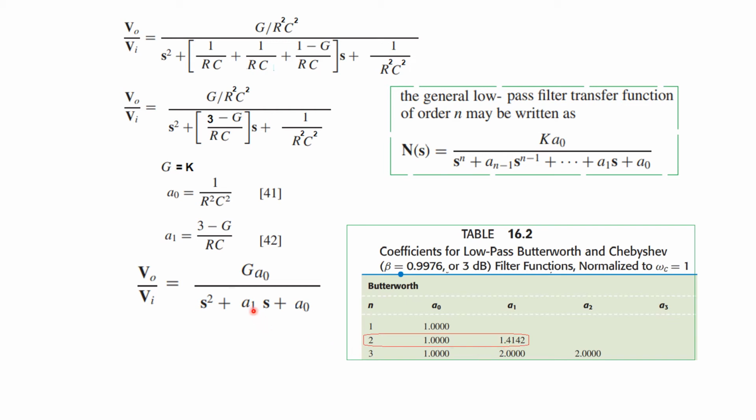So we'll plug in these values here. So this is the transfer function for our filter now. A1 is 1.4142, and this one is 1, and here also is 1, G into 1. So we'll be using this formula now to solve the example.